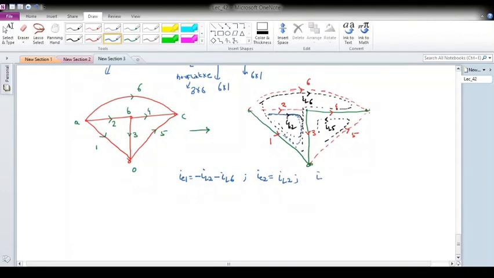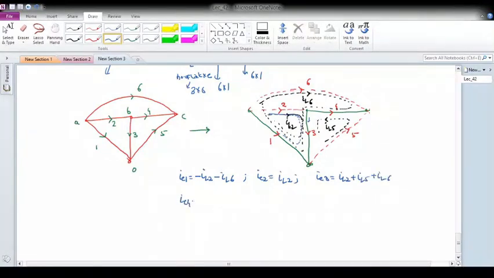What is for the third branch? I3, so the second link current is flowing. And then, if I see, the fifth link current and also the sixth link current, all are in favor of the element direction of the third branch. So I can write IL2 plus IL5 plus IL6.